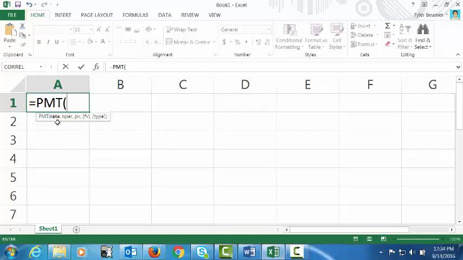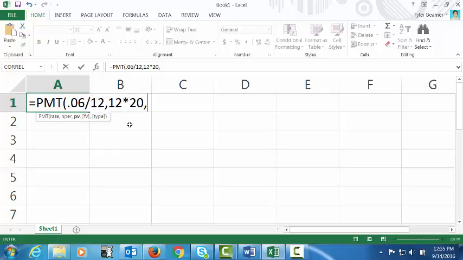So the rate is going to be the APR, which in this problem was 0.06, divided by N, and N is going to be 12 since we're making monthly payments, comma, Nper is the value of N, so 12, times the number of years, which in this case is 20,